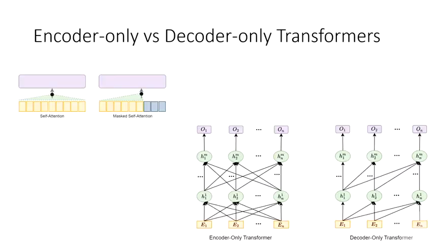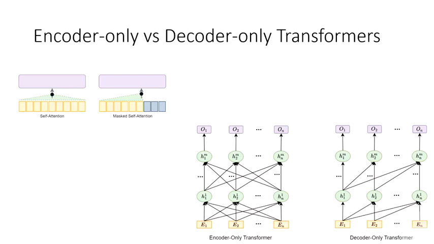If I go a little bit more technical, you can see that in the encoder model, you have self-attention, and in the decoder model, you have masked self-attention. In self-attention, because you are not concerned about generation, you are simply trying to map the input to a latent space. If you give a sentence, it will see the whole sentence from left to right, everything, and then it will calculate the attention score, and that will be used or represented in the latent space, right? Then you can use it for different tasks.